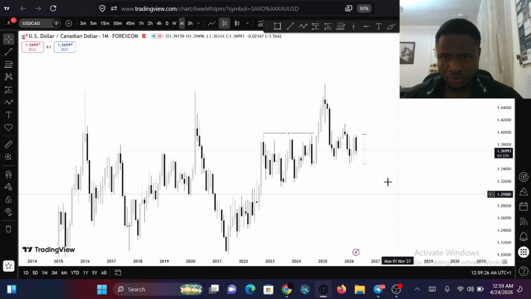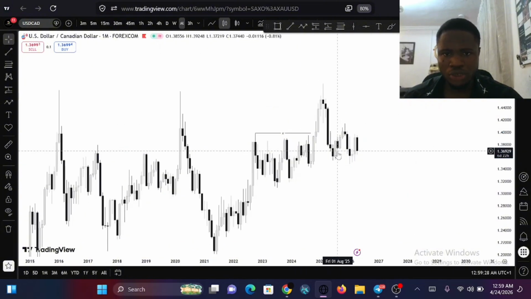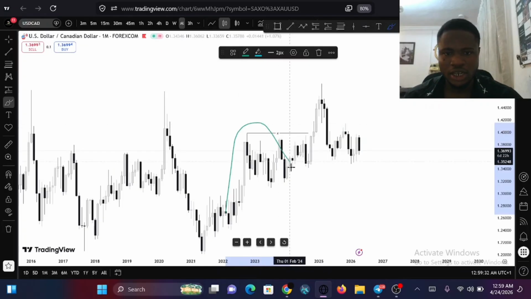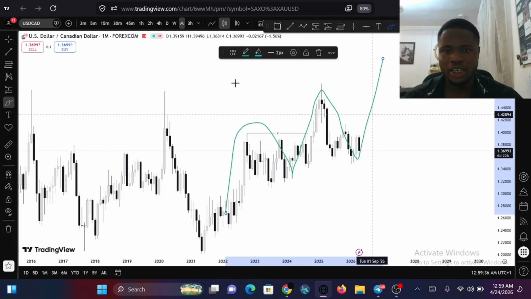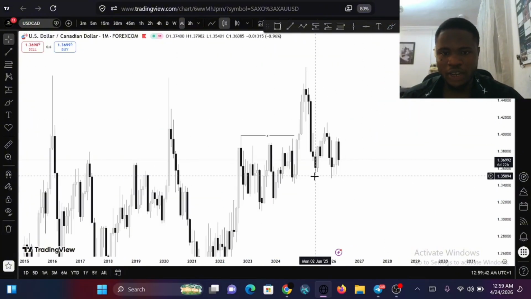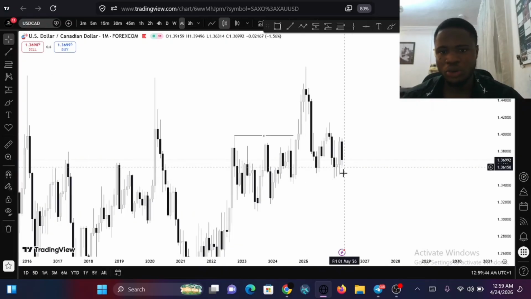Right, so look at this. On the monthly time frame, we are bullish. You can see we're having a series of higher highs and higher lows, higher highs, higher lows. We expect price to give us a new higher high. Knowing that we expect price to give us a new higher high, since we've tapped on our higher low,